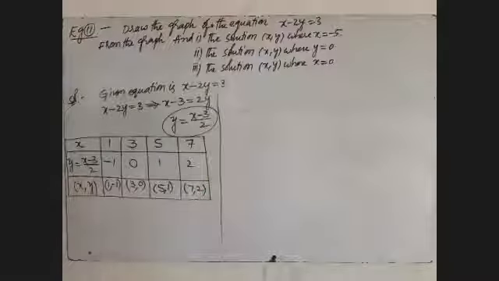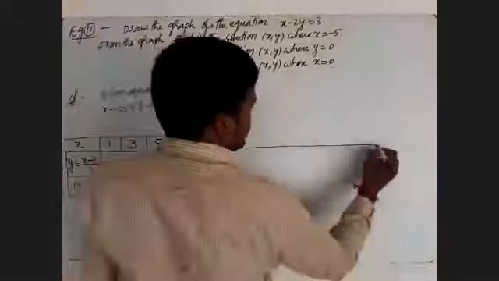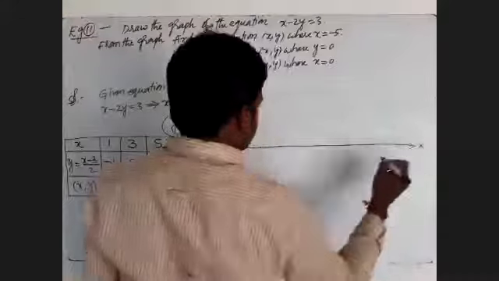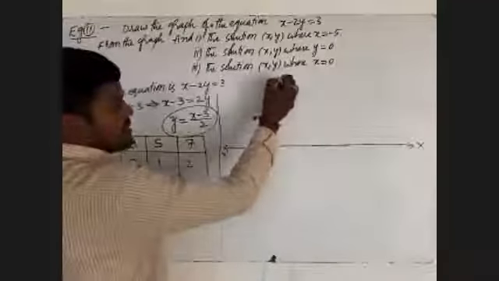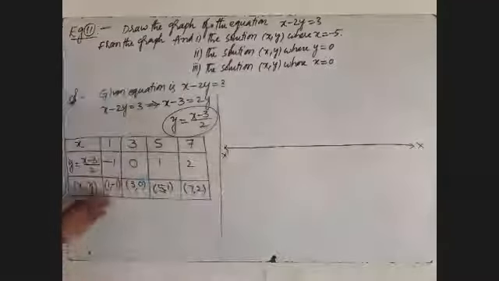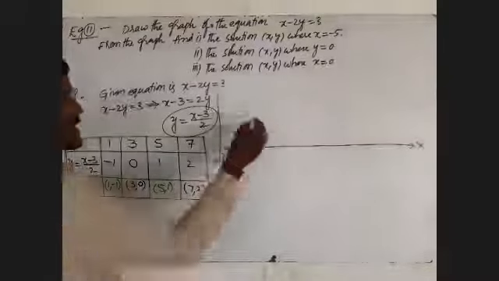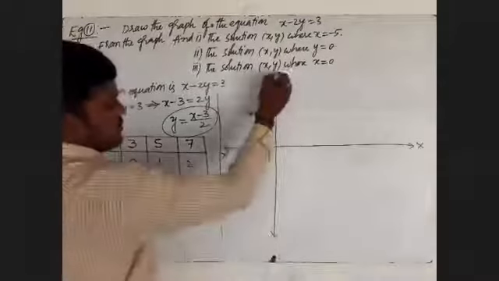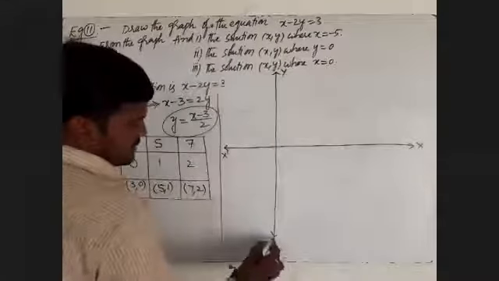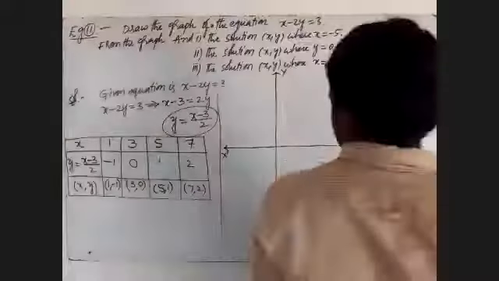We will observe. First, I will draw a graph. On the x-axis, this is x and this is x dash. After that, all our axes are positive x-axis, there is no negative x-axis that I will take. After that, this is the y-axis, this is y, and this is y dash. First we will write the scale of the given graph.